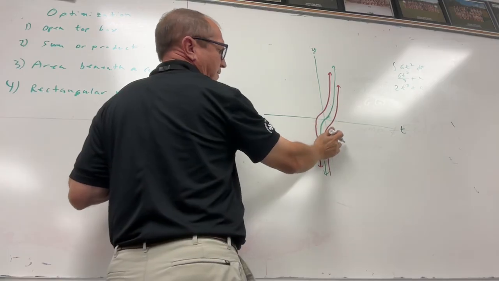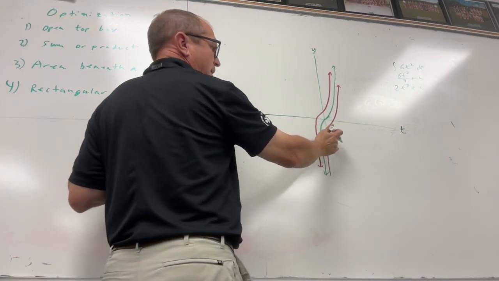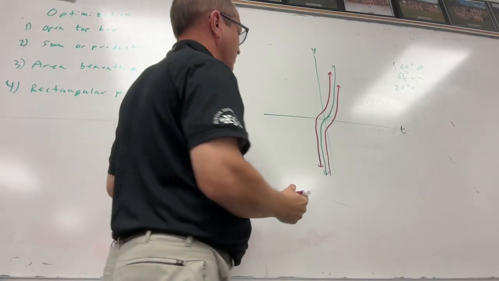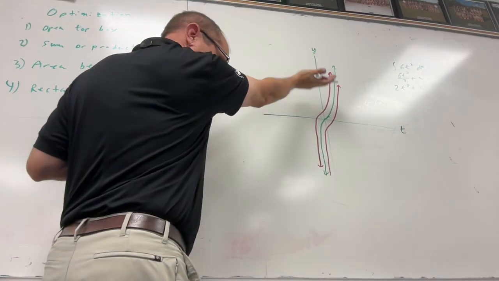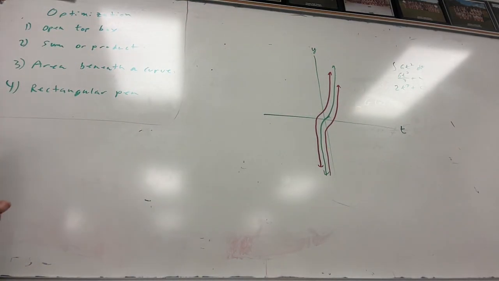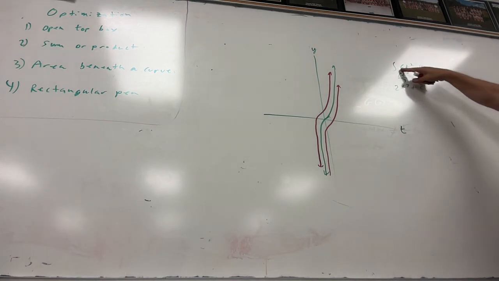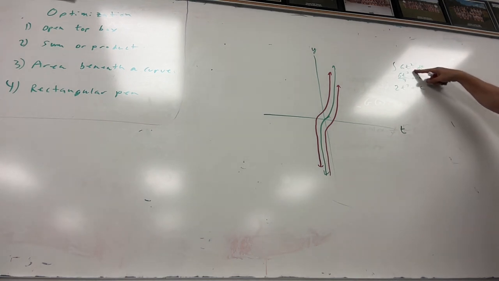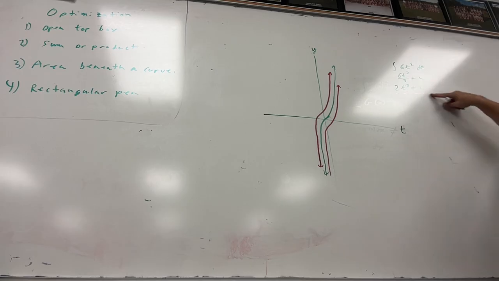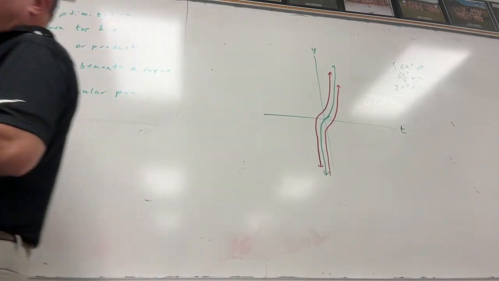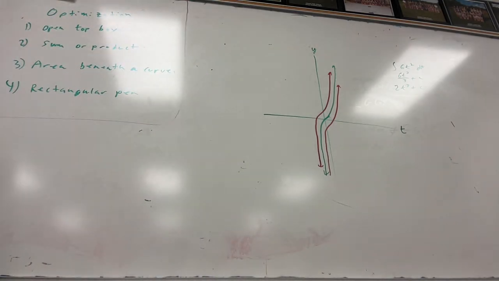Every one of these equations has the same slope at every x value. These should all be parallel to each other in vertical. I know I didn't do a very good job of drawing that out. So this one equation has an infinite number of antiderivatives. So, taking that into consideration,